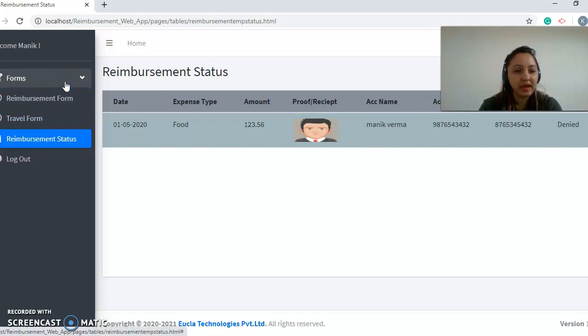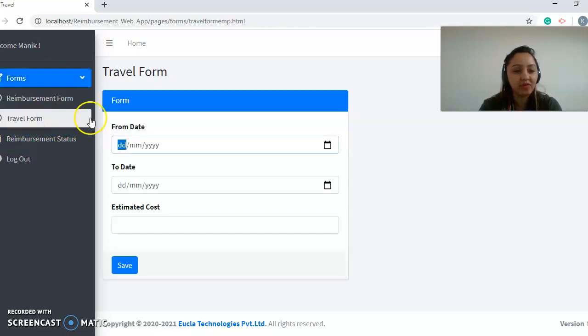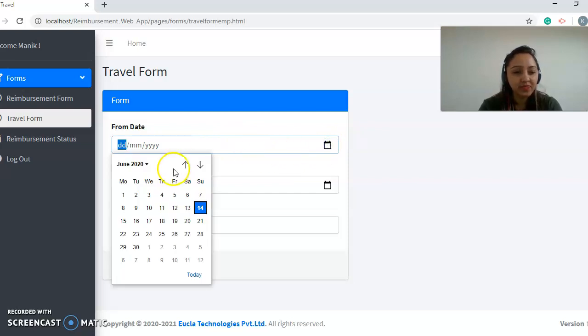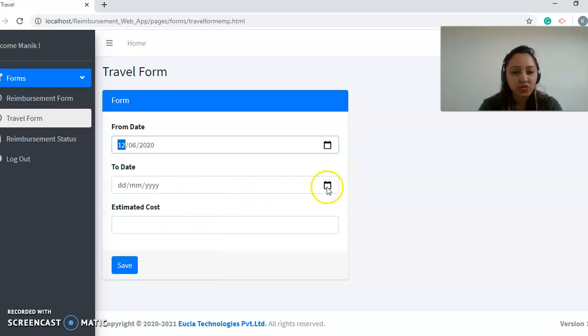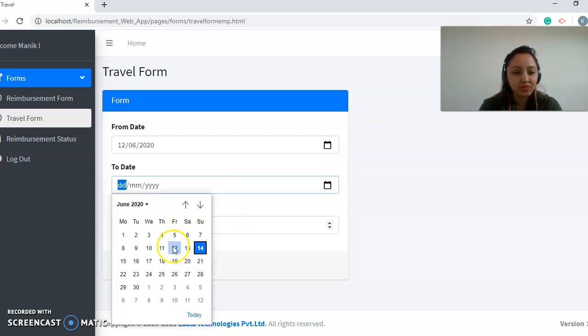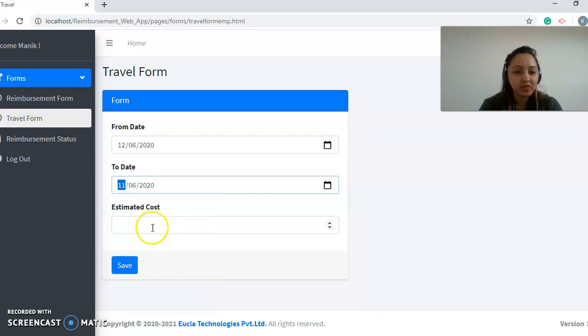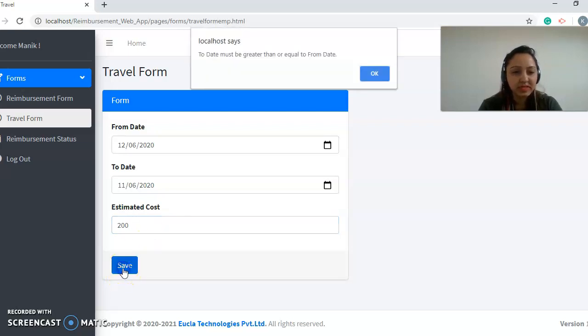And he can fill up the travel form. Going to the travel form, suppose the from date is 12th of June, and the to date is 11th of June. I'm going to estimate the cost over here. Suppose I just do this one and save, it will ask that the to date must be greater than or